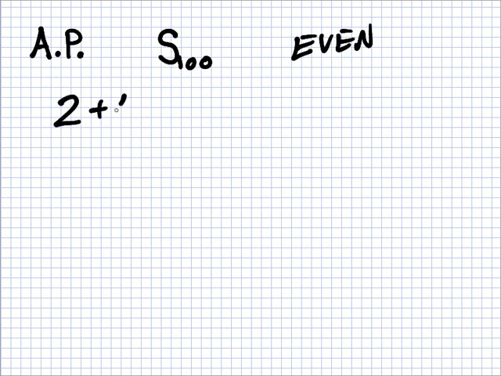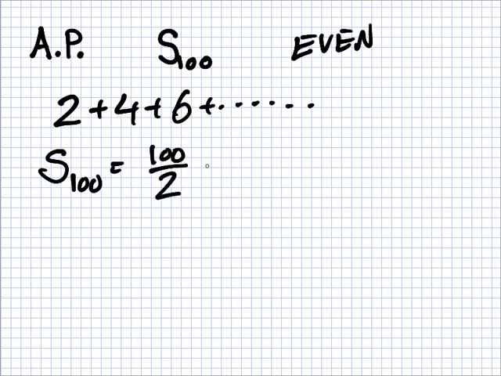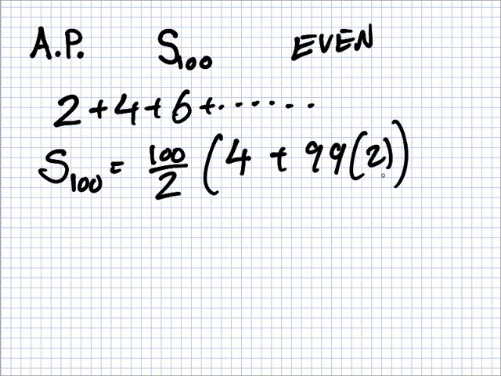So I had an AP, and I was looking for the sum of the first 100 even numbers. So I wanted you to work out, you remember this one? 2 plus 4 plus 6, etc. Yeah. So the formula is S100 is n over 2, 2a, and what's the a here? 2a plus n minus 1 times d. Yeah. And that was 50,